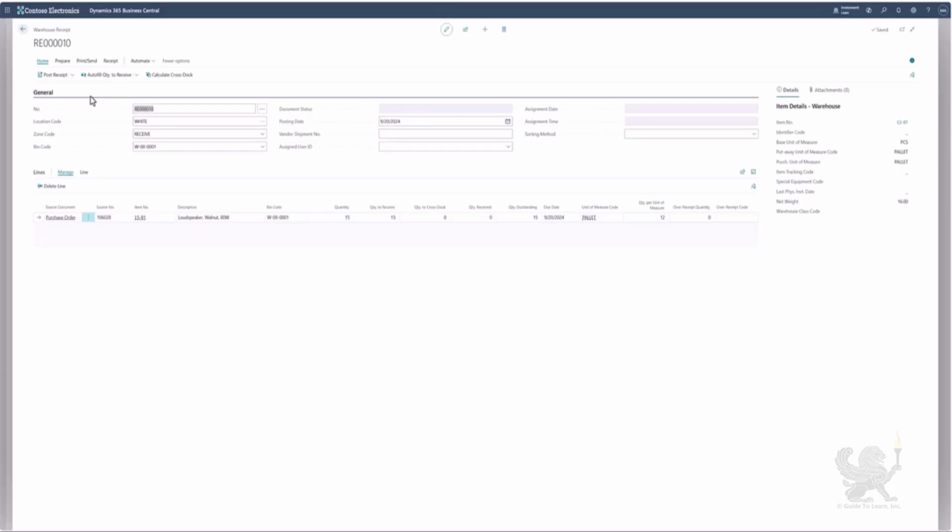Whether an item can be cross-docked, you must check this before posting a warehouse receipt. In my example, I already created one warehouse receipt for my purchase order 106028 for item loudspeaker walnut. As you can see here, I have a warehouse receipt on 15 pallets that I am going to receive in my warehouse. Now, in order to find out if I can cross-dock